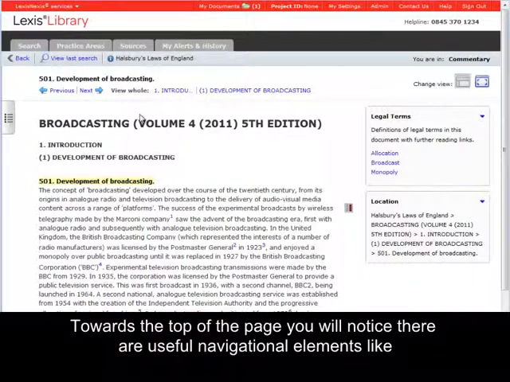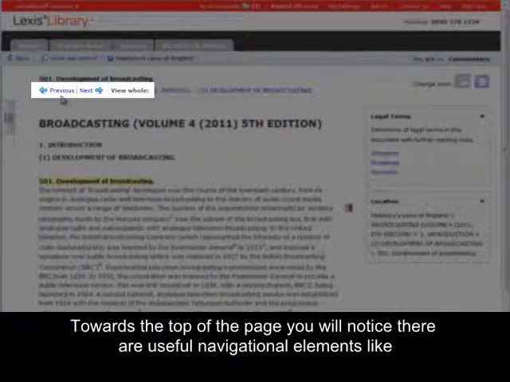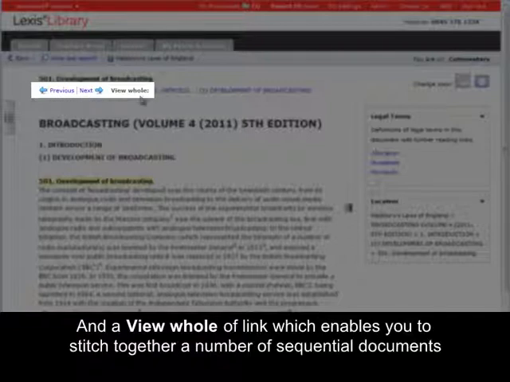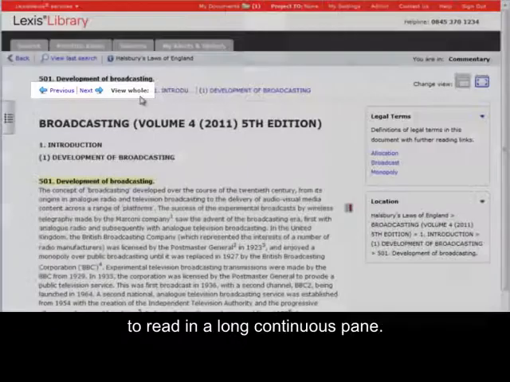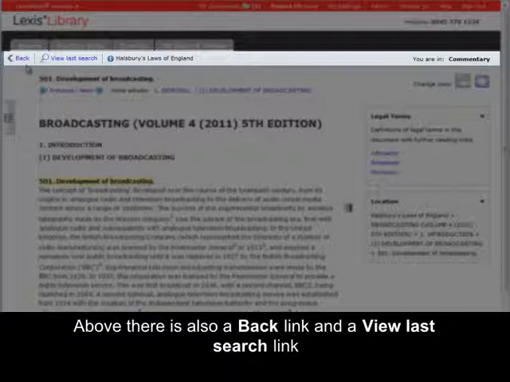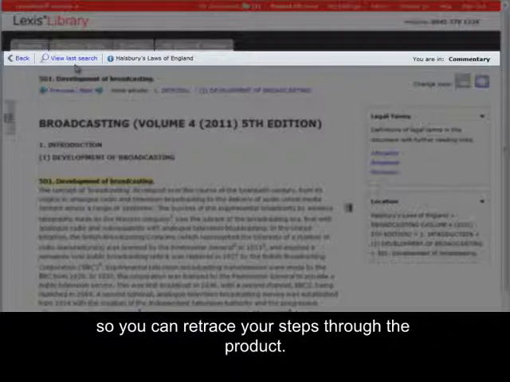Towards the top of the page, you will notice there are useful navigational elements like Previous and Next, and a View Whole Of link which enables you to stitch together a number of sequential documents to read in a long continuous pane. Above, there is also a backlink and a View Last Search link so you can retrace your steps